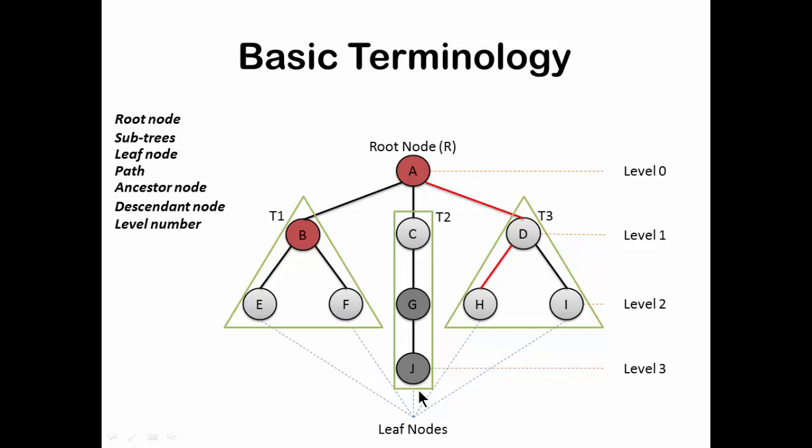So height of a node is the length of the path from that node to the deepest node. Height of a tree is the length of the path from the root to the deepest node. The deepest node is J and root is A. So you simply find the path and whatever number of nodes are there in the path is equal to the height or depth of that particular tree. Degree means how many children are there for a particular node. For example, root has got a degree 3 because there are 3 children to the root node.